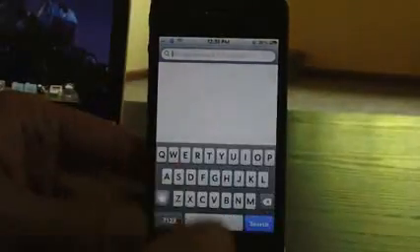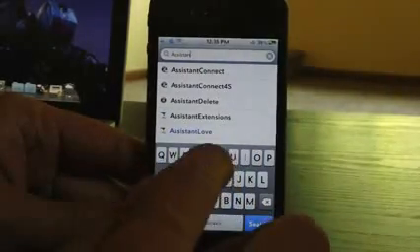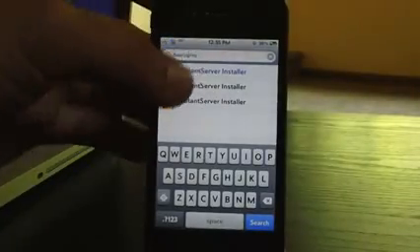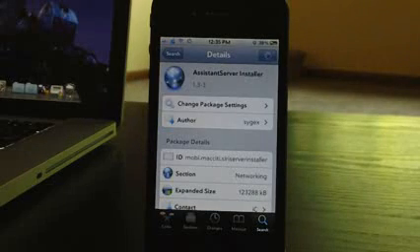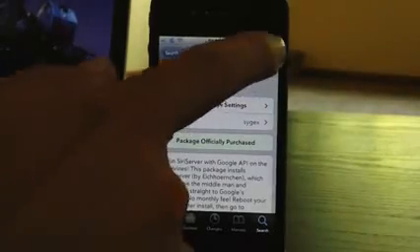So let me just cancel out here, back out, and then I'm just going to search here real quick for Assistant Server Installer, that is my favorite proxy. It is only 99 cents, and it does run off of Google's API, so it doesn't matter how much traffic this server has, it will not go down or not work ever. That's why I like this proxy. So this is how I do it. Again, there are other ways, so just go ahead and click install,